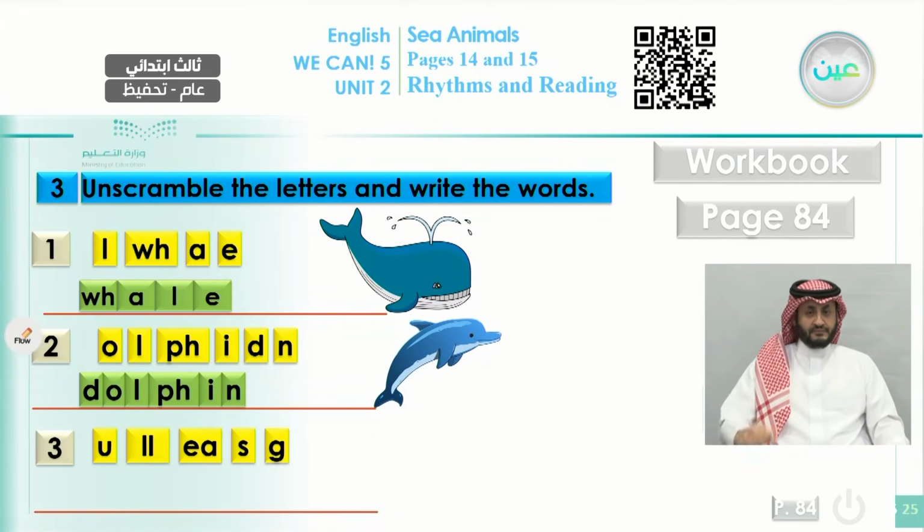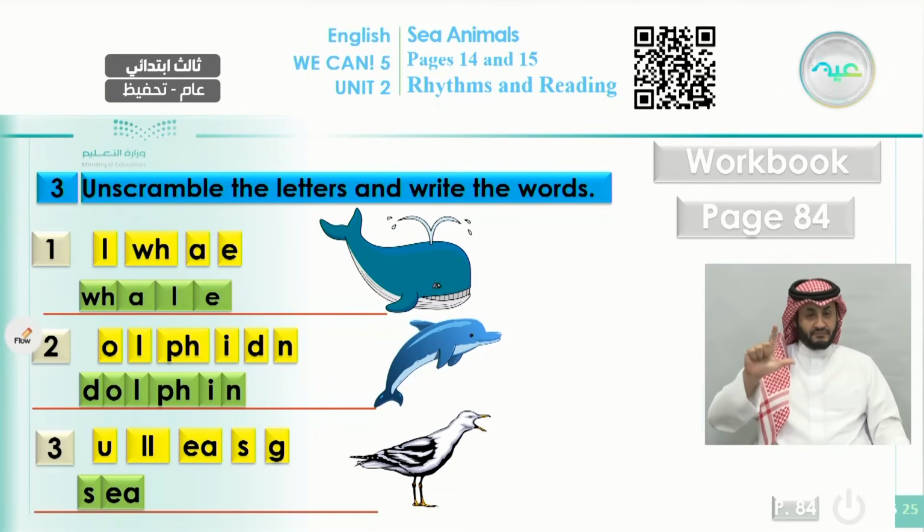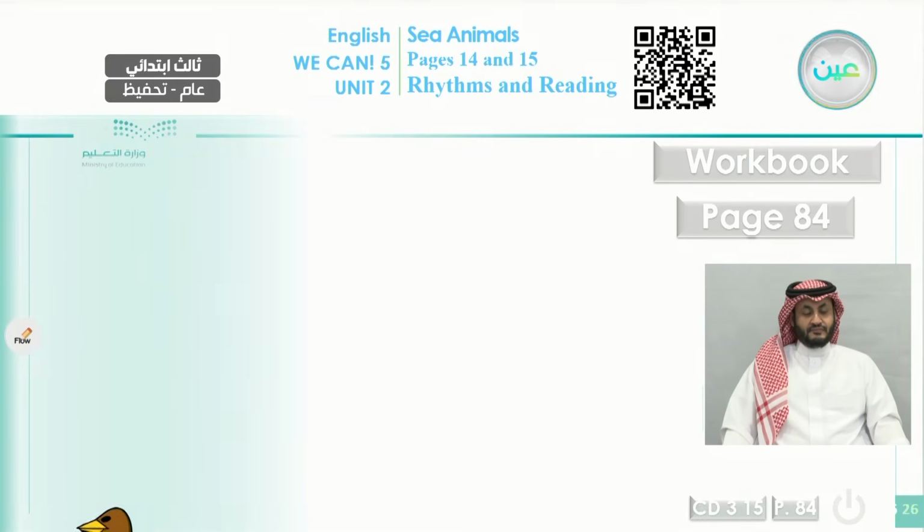Next, number 3. What can you tell? What is this animal? It is a bird. You find it on the beach. This is the bird. What is it? Starts with S. That's right. We call it seagull. So we start with S, E-A as sea. You know the sea that's next to the land. Gull, G-U-double-L. So this is the seagull. This is the bird of the seagull.